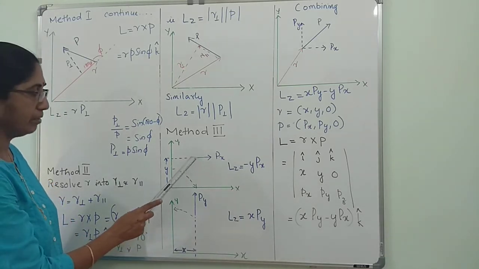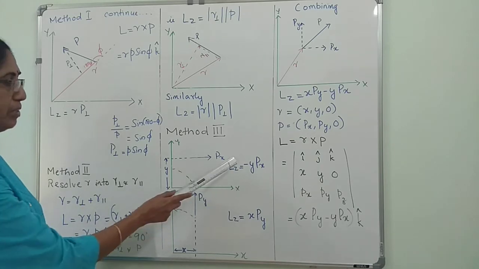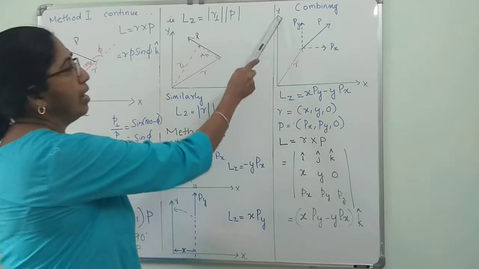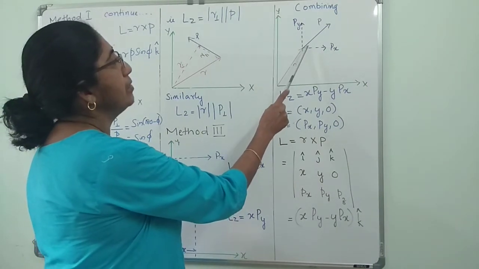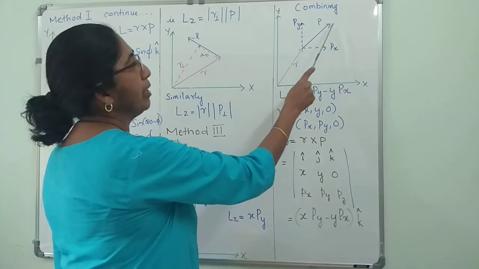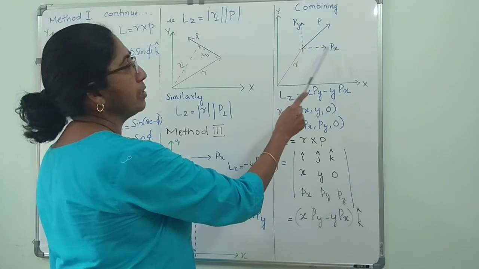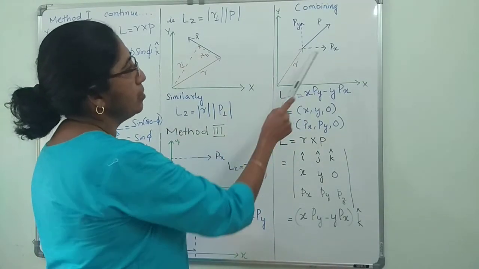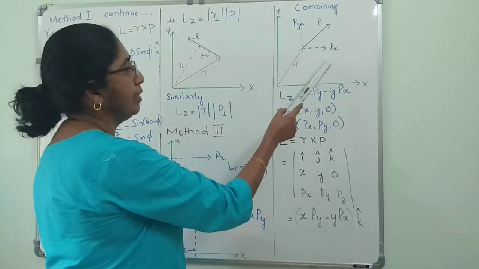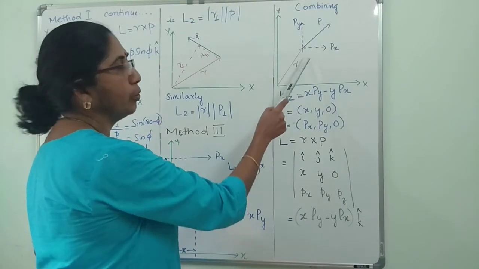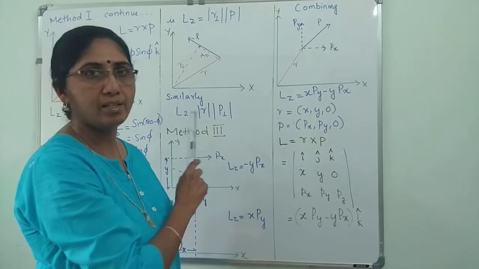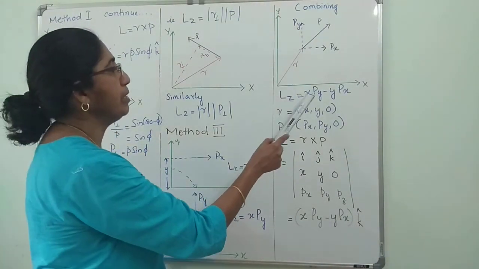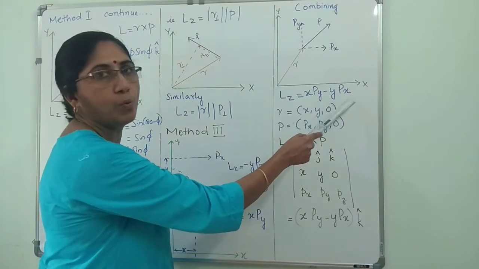Now we are going to consider these two motions combined together. Initially we looked at it separately. Now I am combining. The particle is at this point P. It is acted upon by the momentum P, which has components px and py. So these two contributions will come when you take the total effect of the particle moving in the xy plane. So I can sum these up. So Lz will be equal to x py minus y px.